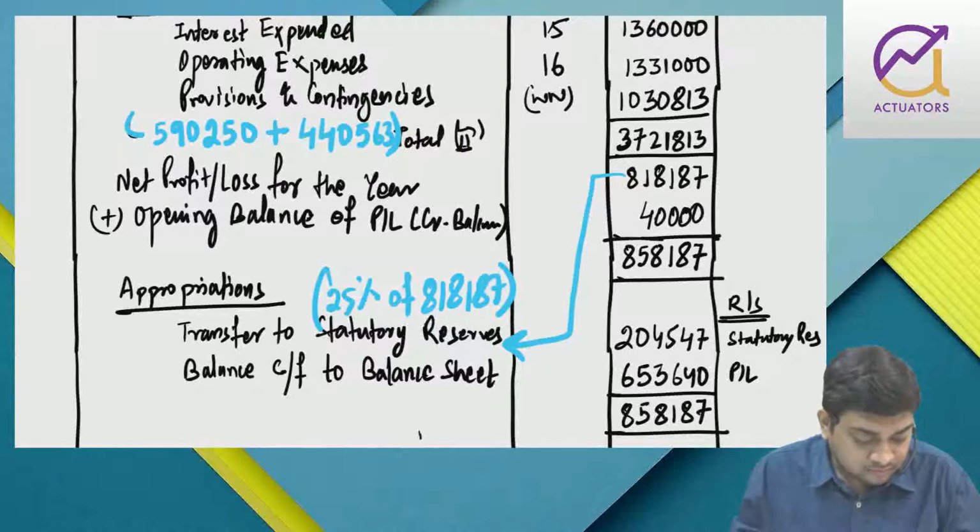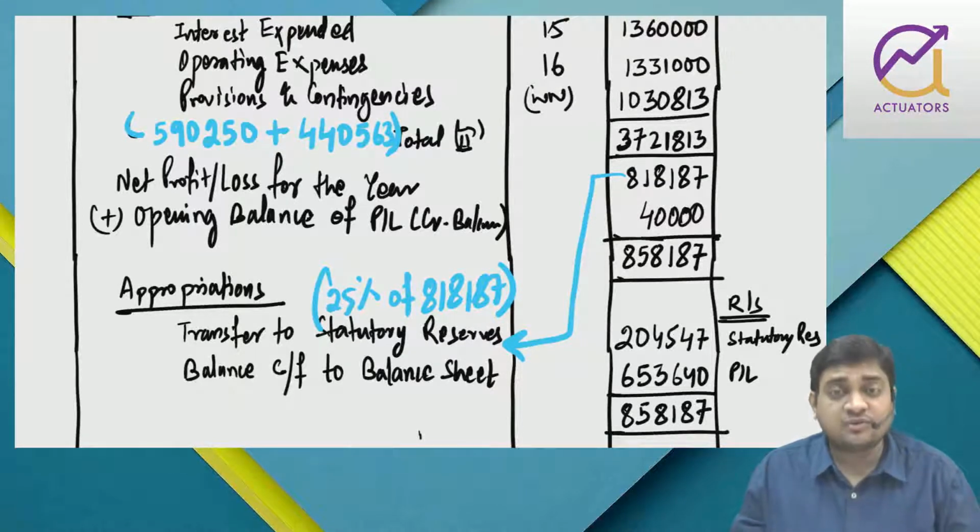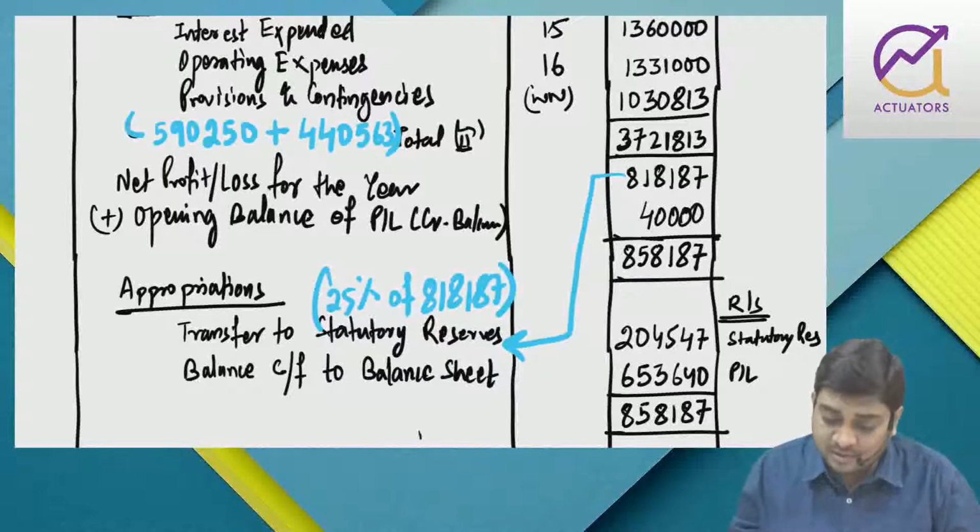Bank should not keep more than 25% held for maturity, and the market value of its 75% investment is this, right? Provide 35% of the profit towards provision for taxes and transfer 20% of the profit to statutory reserve. So since they have said 20%, so we'll do 20% only.